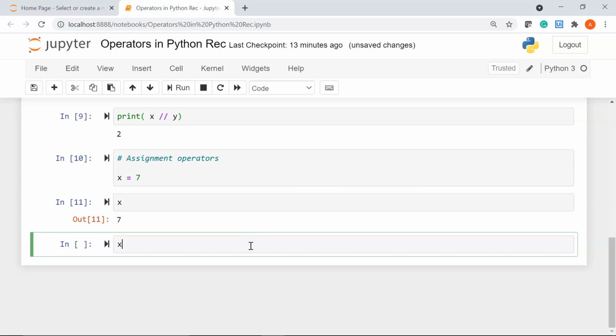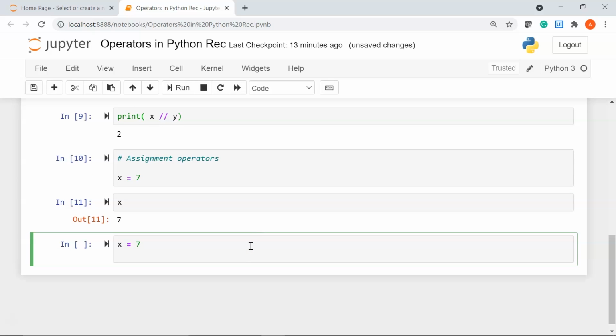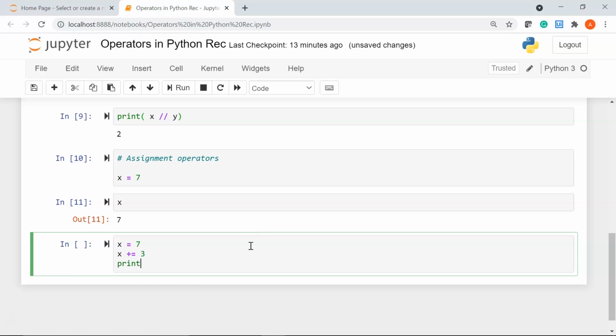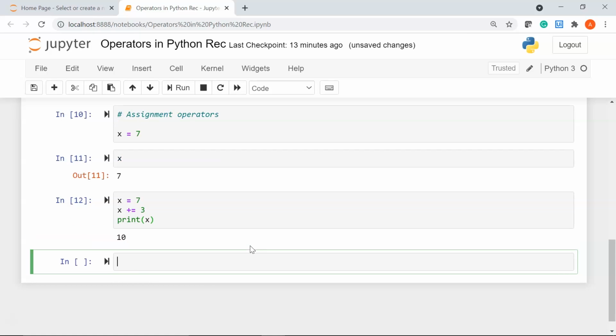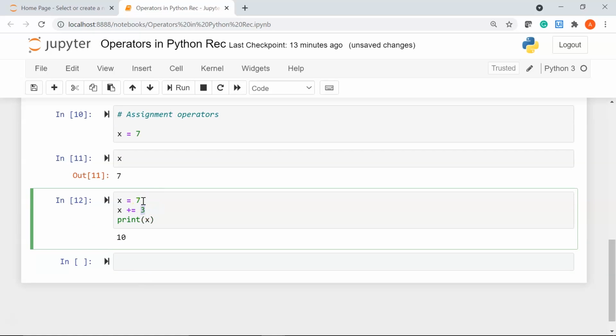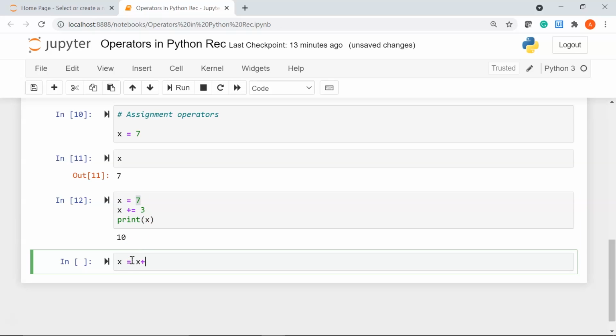Now let's say I'll again write x equal to 7, and in the next line I'll write x plus equal to 3, and print x. So what Python does is it adds 3 to my original value that x holds, that is 7. So here x plus equal to 3 means x equal to x plus 3. So x equal to x plus 3 can be written as x plus equal to 3. Similarly, you can also